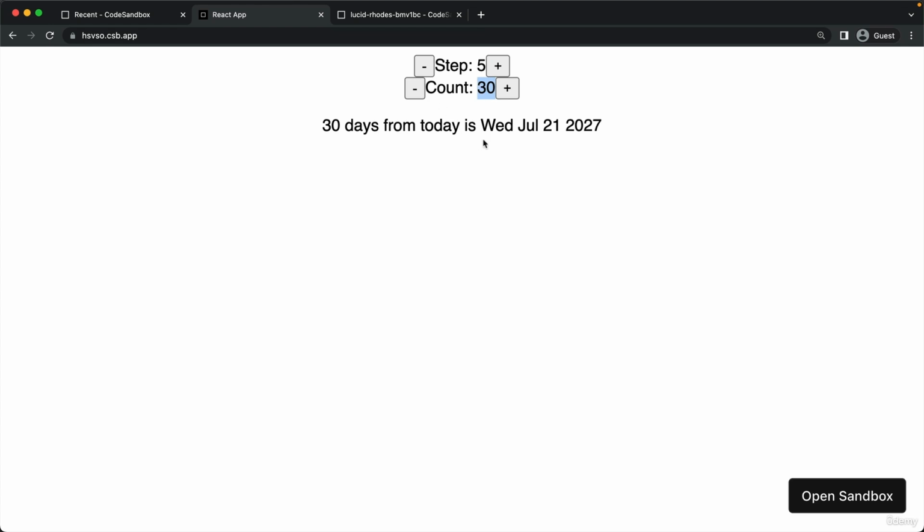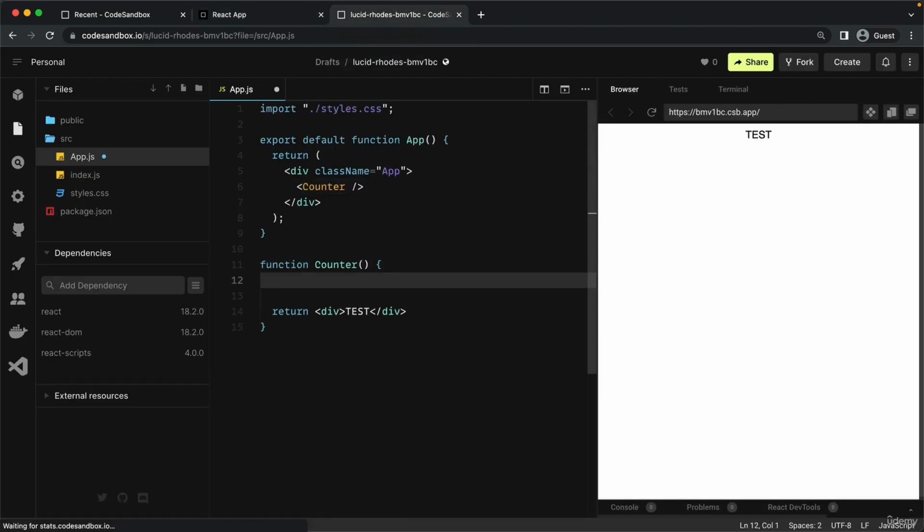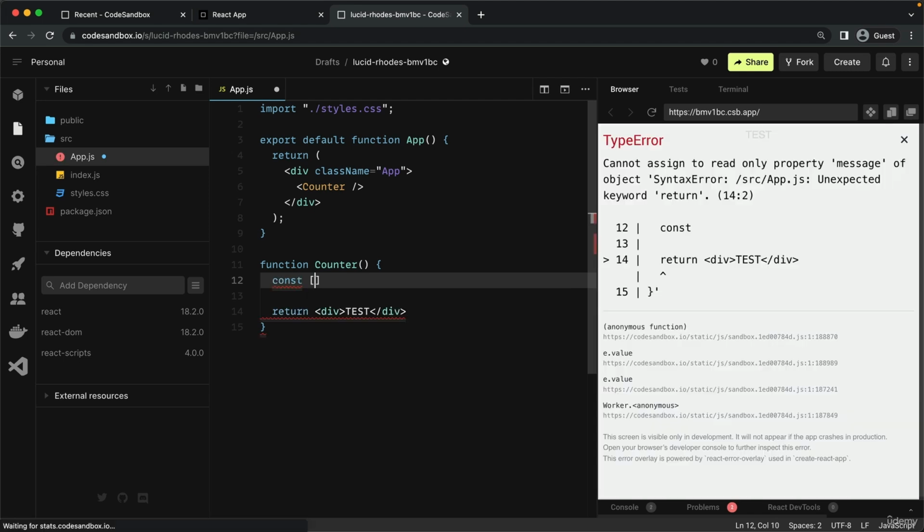But anyway, we know that we want this count value here to update in the UI. So the view of this component should update whenever we click on one of these buttons. So that's a good sign that we need some state, right? So let's start by creating the count state. So const count and set count